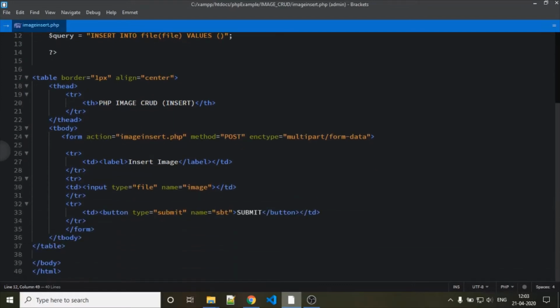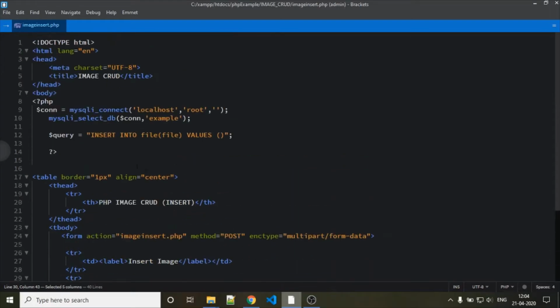Here you can see that this is a simple form with action image_insert.php, the same file name, method post, and encryption type multipart/form-data. Here we have created one button for submitting, and one input type file for uploading a file, with name image.